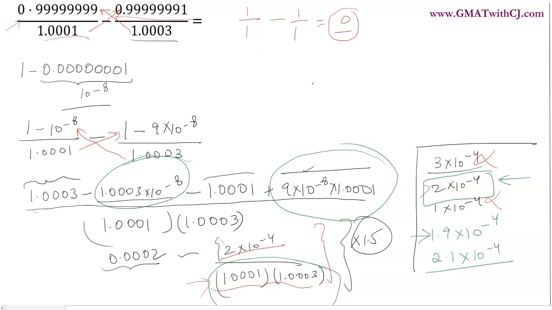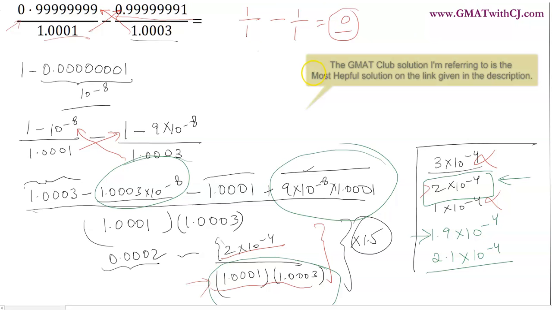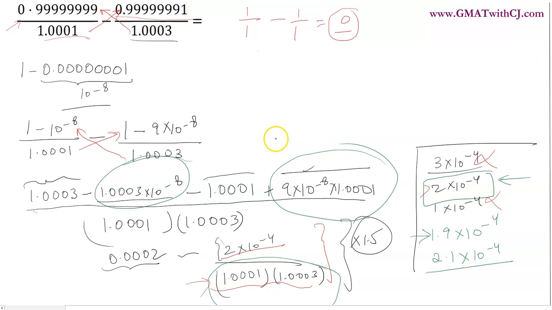At this stage I would also want to compare my solution with the solution that is given on GMATLab. The solution given on GMATLab arrives at the exact answer. There is no approximation involved there. So in that way it's far better than my solution. But in another way, my solution also has an advantage that it doesn't require you to see that pattern, a square minus b square upon a plus b. In my case I was not able to notice that pattern when I did this question. And I thought that there has to be a way to solve this question even without being able to catch those patterns. And this is how I did this problem.